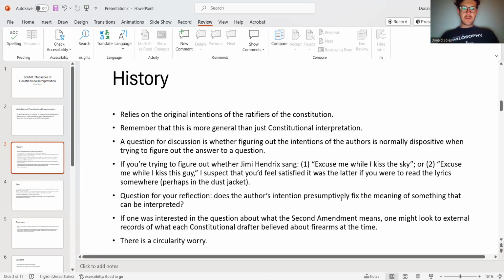And so, are laws any different? If we were to figure out dispositive, decisive evidence that the author of a law meant something when they wrote it, but the thing that they actually wrote was ambiguous in one way or another because of something that they didn't foresee, would their intention fix the meaning of a law just like it does the meaning of lyrics when we learn them? It's a question to worry about. But there is some sort of pull, I think, that most people will feel toward the idea that at least sometimes what an author intended should fix the meaning of the thing being interpreted, in this case, the Constitution.